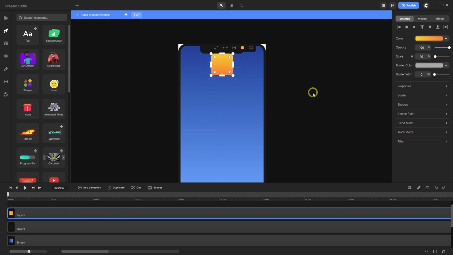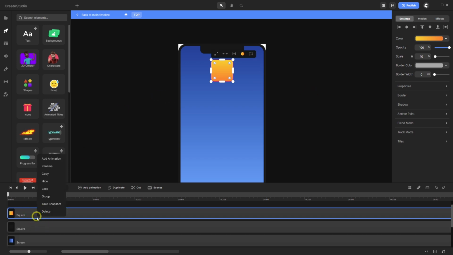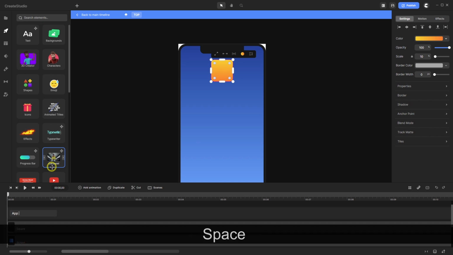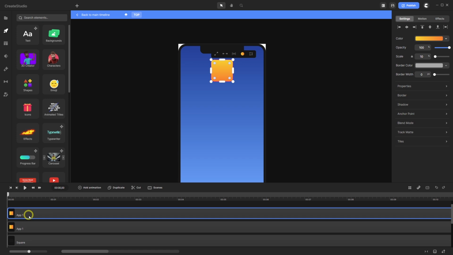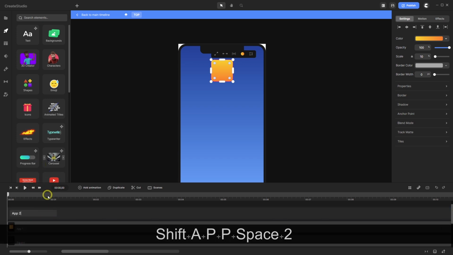And let's go, let's say 30 pixel down. So I go with the shift key 1, 2, 3. I think this is okay. And let's call this, let's say, app 1. Make a duplicate, rename this app 2,